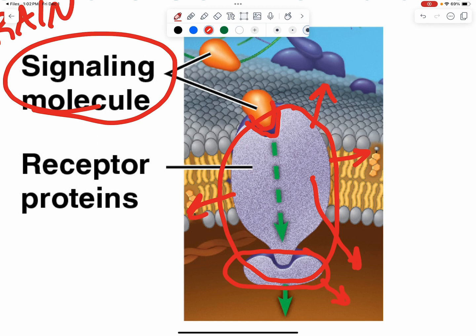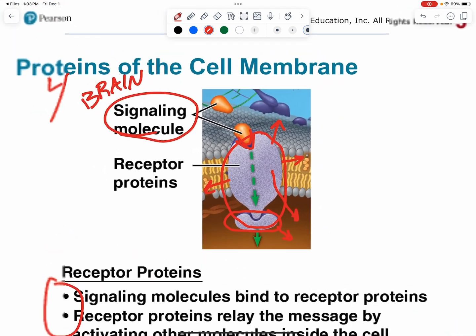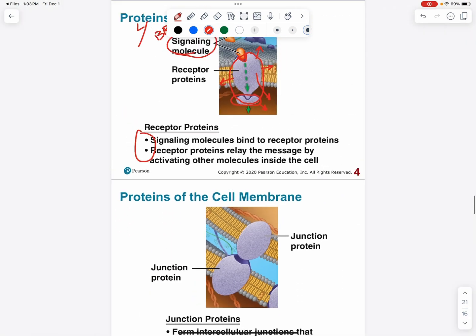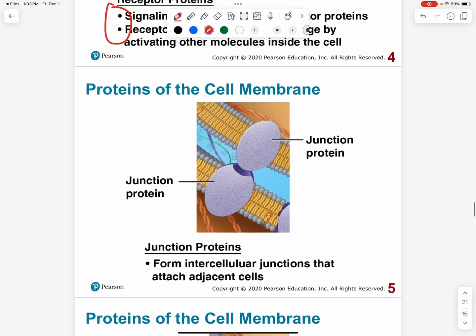So I'll give you a Quizlet and you can practice that. But don't stop there. You've got to practice your notes and understanding the pictures. If you want additional information, go into chapter 5 for this, and it is discussed in a couple of pages, the cell membrane. All right, that was number 4. Here's number 5,